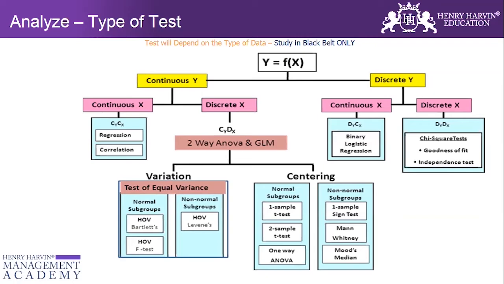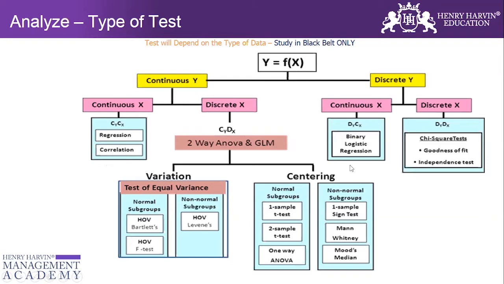Variation is when I am able to meet the customer requirement. For example, if I have productivity, one of the key metrics in the organization, I've been able to meet it, but there's a lot of variation every month. Though I'm doing good, if my productivity target is to produce 1,000 units in a month, I'm doing 1,500, sometimes I'm doing 1,200, every time meeting the target, but there's a lot of variation, and variation is always not good for the process. So in the Y continuous X discrete categories, we look at whether it's a variation issue